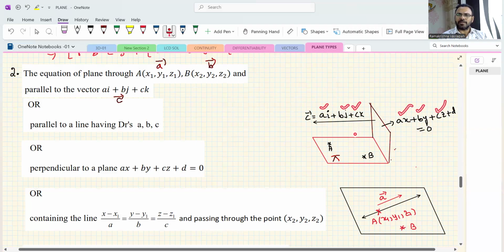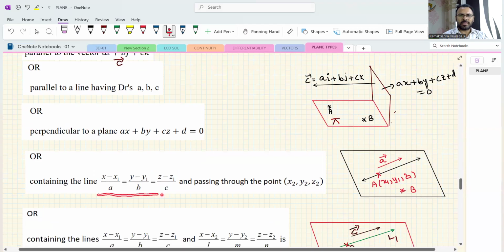How is this normal to the required plane? This normal is parallel to the required plane. So ultimately we got the same position, right? Therefore, perpendicular to the plane Ax plus By plus Cz plus D equal 0 is nothing but the plane is parallel to Ai plus Bj plus Ck. Or